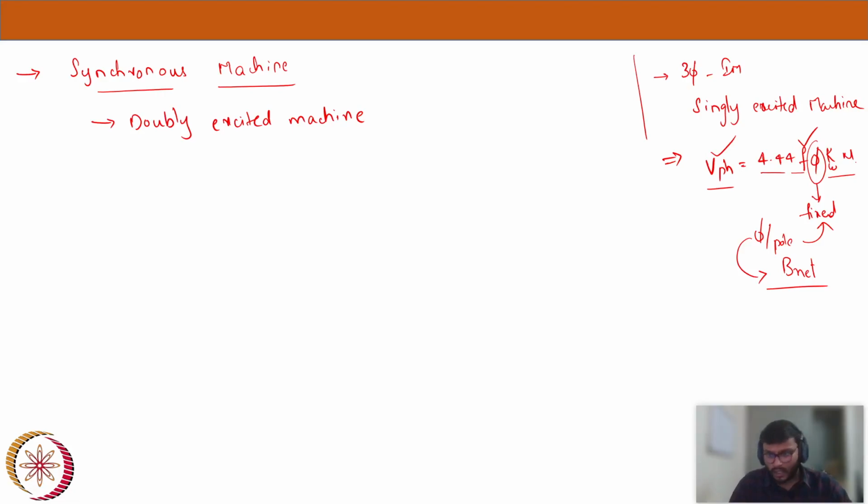Now, if you see the construction of a synchronous machine, it's very simple and easy to understand, because we will have a stator in a synchronous machine that will be housing the three-phase winding. It's a three-phase synchronous machine. So on the stator, it will have a three-phase balanced distributed winding, whether distributed or concentrated. Now, my rotor, if you see,